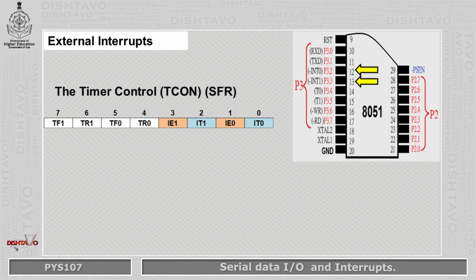Bits IT0, that is interrupt 0, and IT1 in the TCON register, that is the timer control register, are used to change this to a different method. Flags IE1 and IE0 will be reset when an interrupt is accepted by the processor and the interrupt subroutine is accessed.